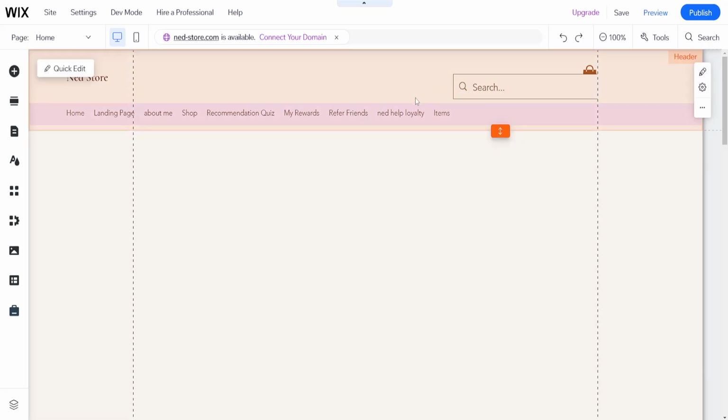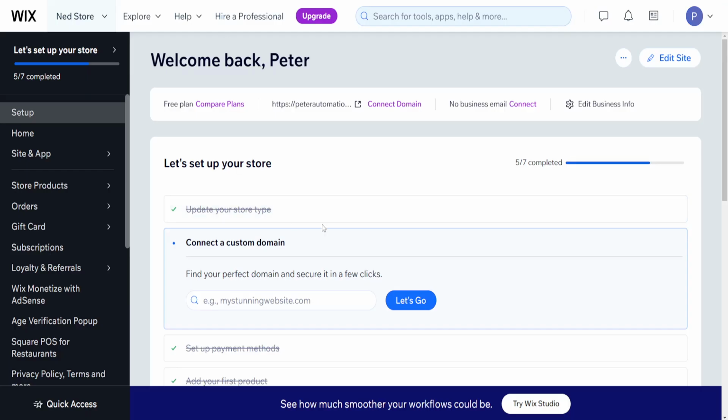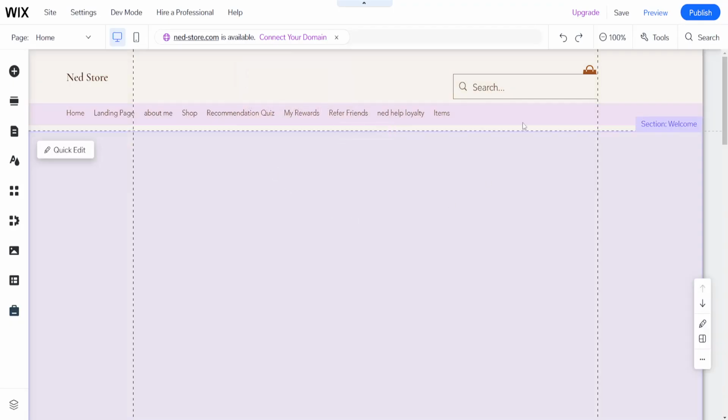How to add meta tags in Wix. So here from the homepage of Wix, I've just clicked on Edit Site, which has taken me to the Wix